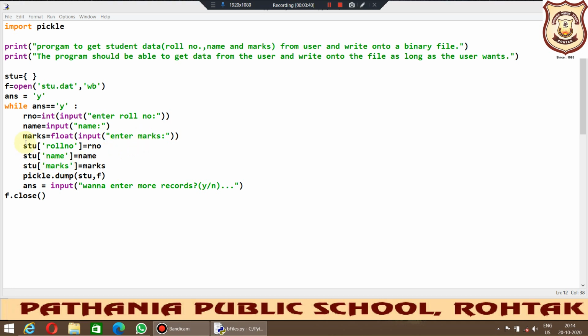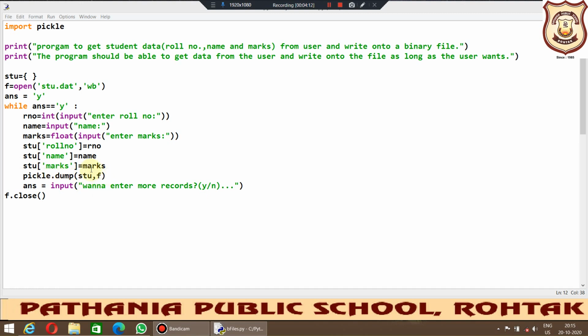Okay, once the record has been entered, we need to write it in the file. And which file do we have? The student.dat file, which has already been opened, and the data has been written inside this dictionary too. This is the student dictionary, and the data is roll number, name and marks that has been entered here. And through this dump function we are writing this dictionary record in the file.